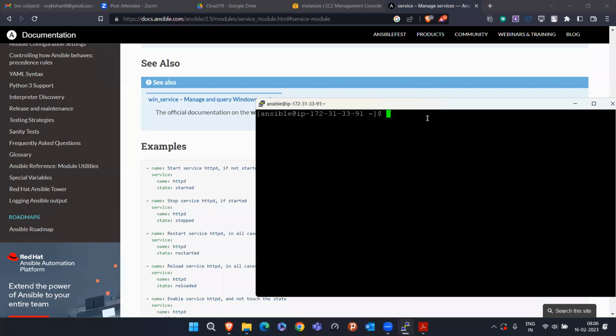Even in the exams, whichever exams Ansible takes, basically the global certification conducted by Red Hat, they give you